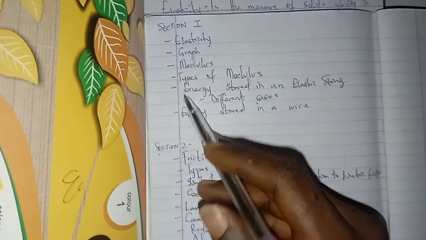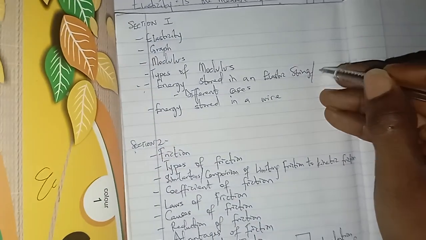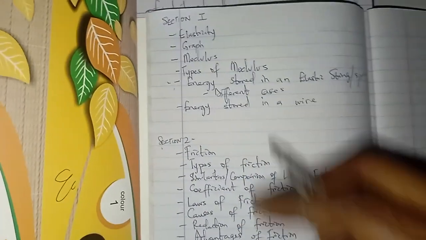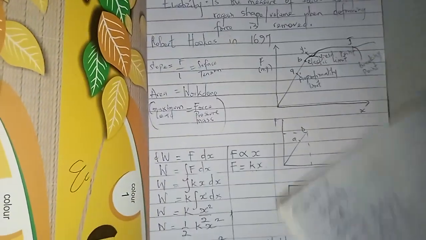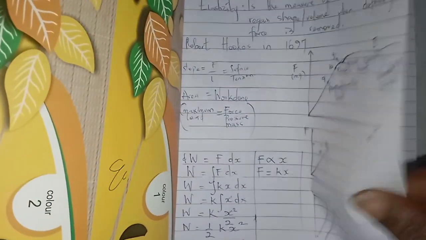So let me focus on finishing everything about energy stored in a string or a spring. Then talk about energy stored in a wire before moving to modulus and types of modulus. I think it's best that way, so that I'll be sure that I'm not doing modulus and then coming back to go to work. So if I know this, you need to know that work done in stretching a string, work done or energy stored in a string,